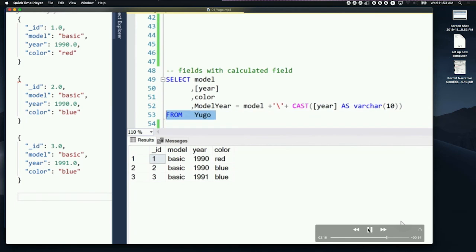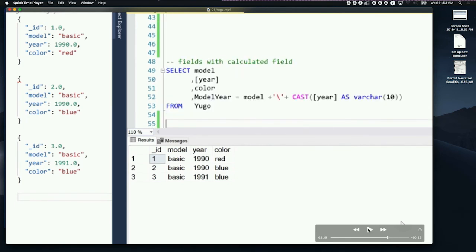Now, the other thing I wanted to mention is that there's a difference between whether the query happens on the SQL side or on the Mongo side. If I make a query to Mongo and I get data back, once the data's back in SQL memory, I can treat it just like any other table, because I already know what it looks like, so I can create this calculated field.